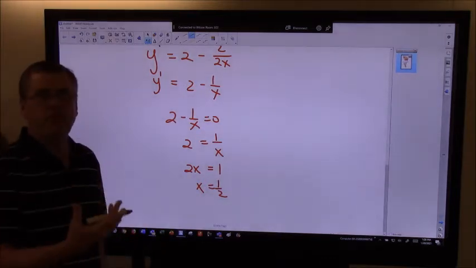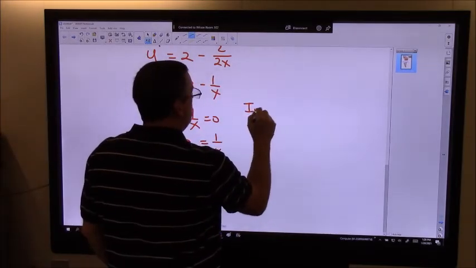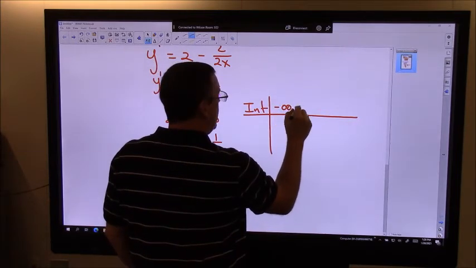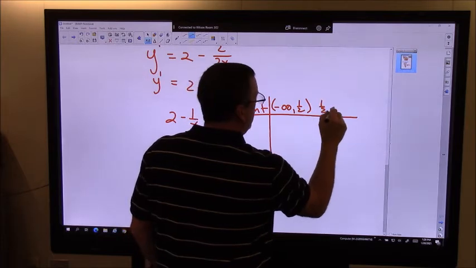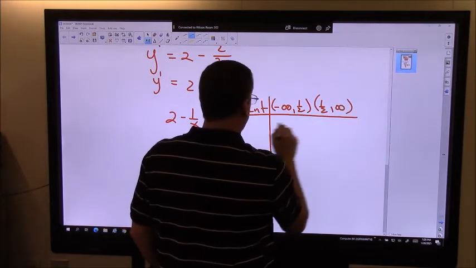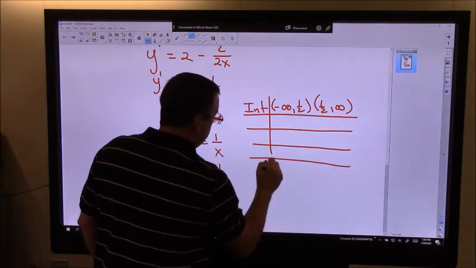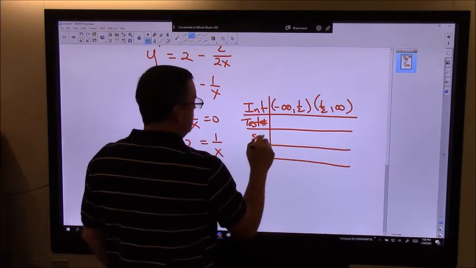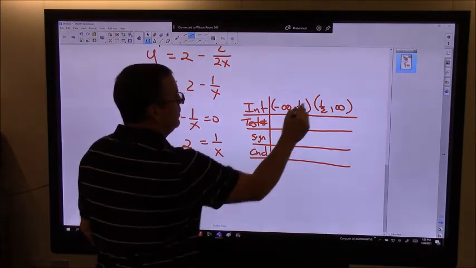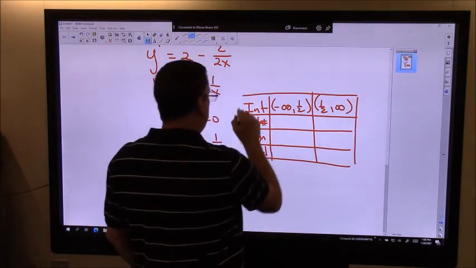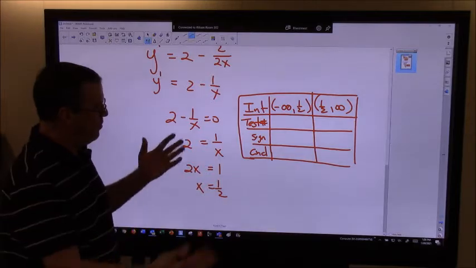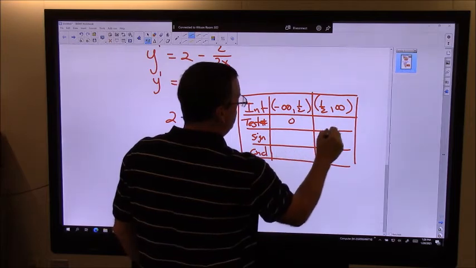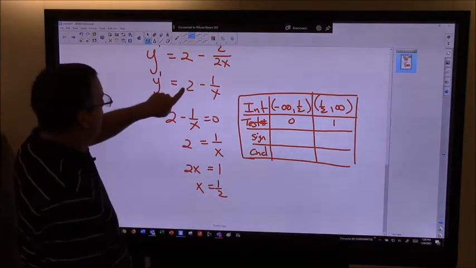If people feel really comfortable with the first derivative test, and you want to make intervals, so it'll be from negative infinity to 1/2, and then from 1/2 to positive infinity. You can do it this way as well. So a test number, sign, and a conclusion. Remember, if we do it this way, we're not taking any additional shortcuts. We're going to work our way through the whole thing, write everything down. So let's see, a good number to choose here would be 0. A good number to choose here would be 1. If I plug it back into the first derivative,